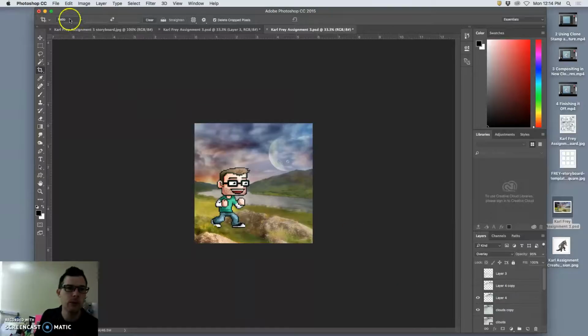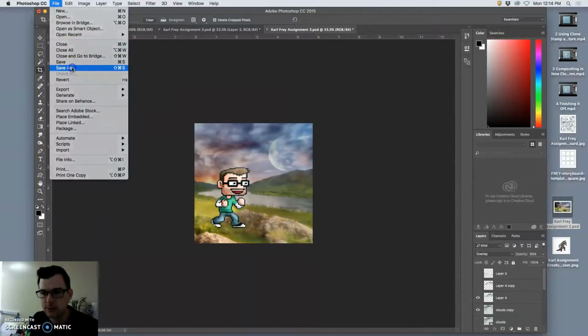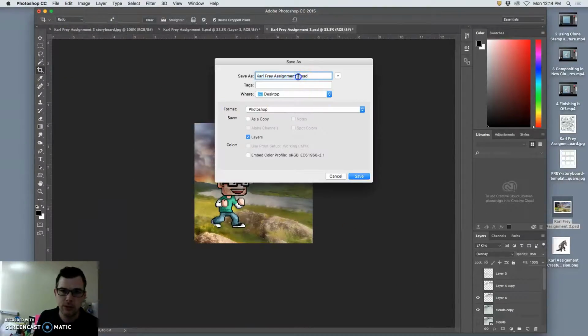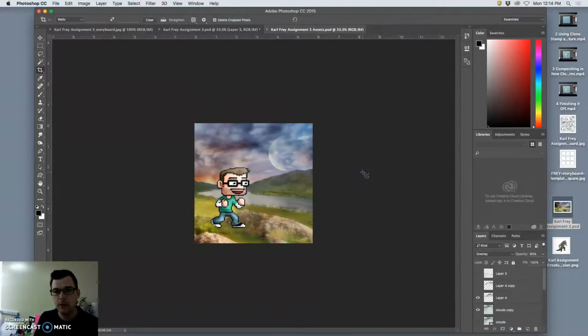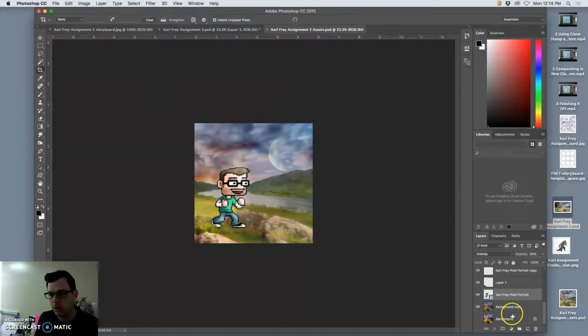I'm going to rename and save this. So save as Assignment 5 Assets. Think of it as a box of puppets and settings, things you're going to do a puppet show with. Okay. Then I'm going to select it all, go to its background layer, select it all,